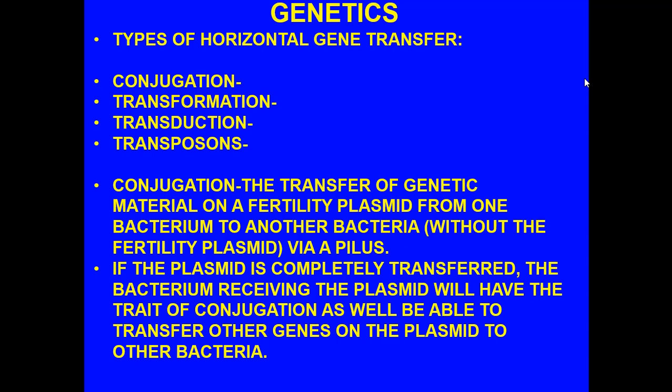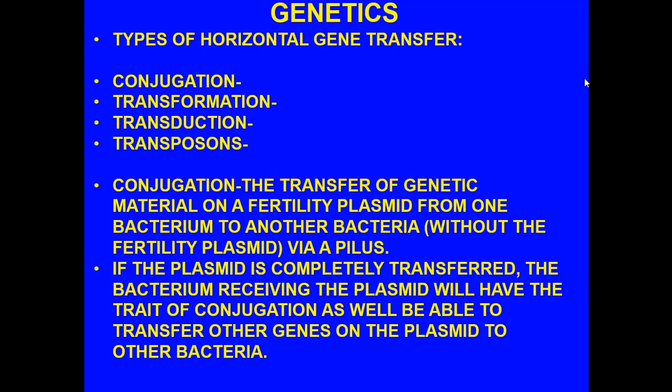Okay? Let's talk about conjugation first. This is the transfer of genetic material on what is referred to as a fertility plasmid. It's a particular plasmid that allows for exchange from one bacterial cell to another. You can't have it occur without the fertility plasmid, but this transfer will occur via a pilus, okay? A small segment of the cytoplasm and also the plasma membrane will form a bridge